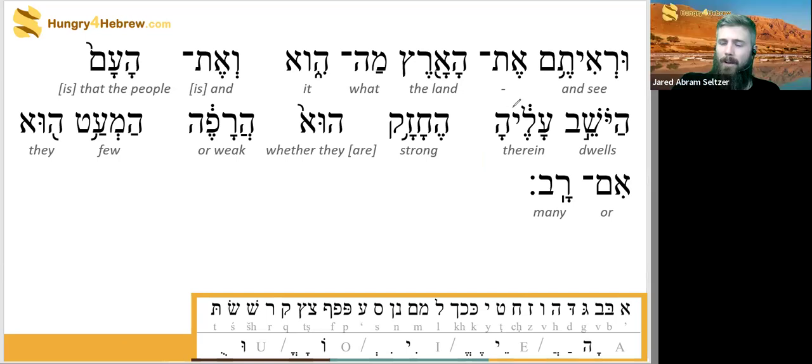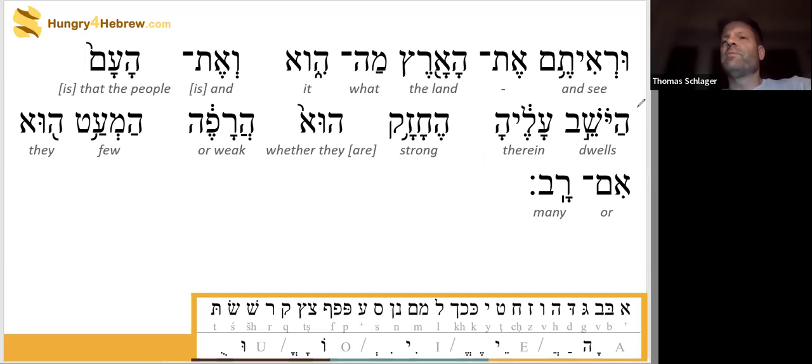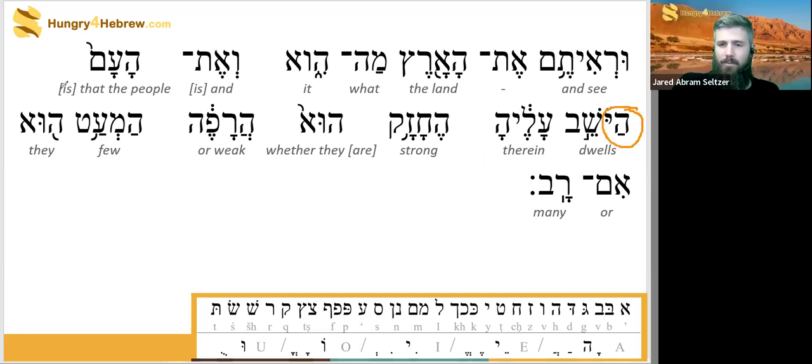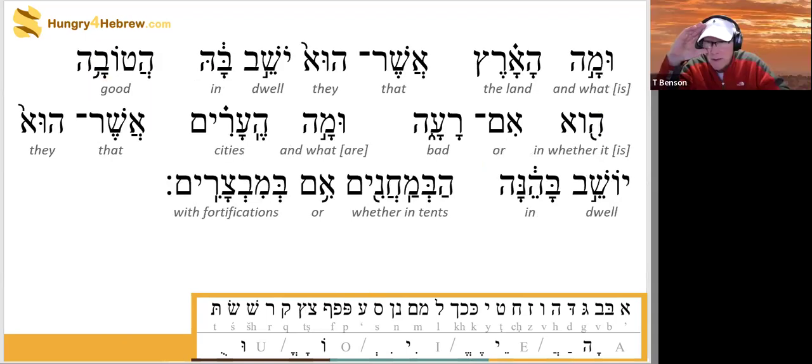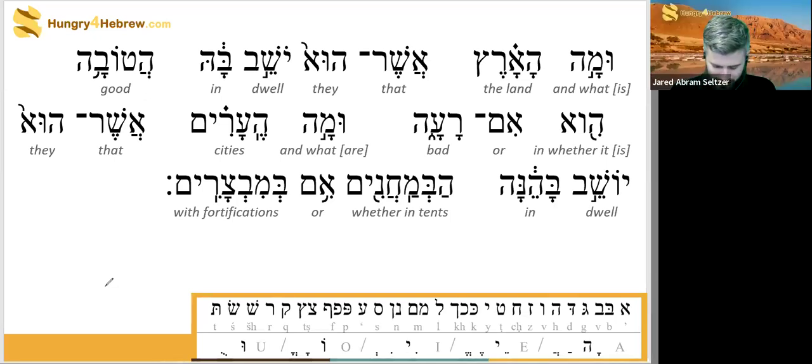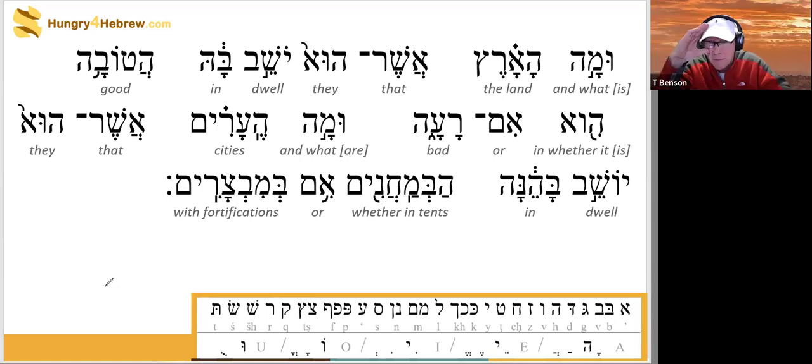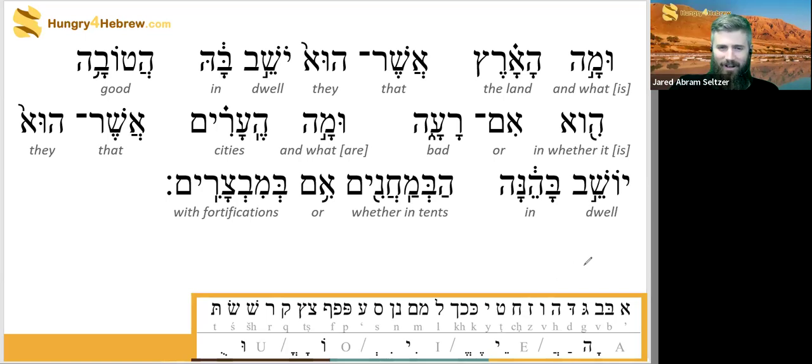Question. Okay, go ahead. Hayoshev, is that a definite article? It has to be. Yes. Ha'am, Hayoshev. It has to agree. Okay. Yes, clear. I was practicing on the Geniza. I got into the Geniza library and was practicing in it, so it took me in a number of different directions. Fantastic. All right, let's keep going.